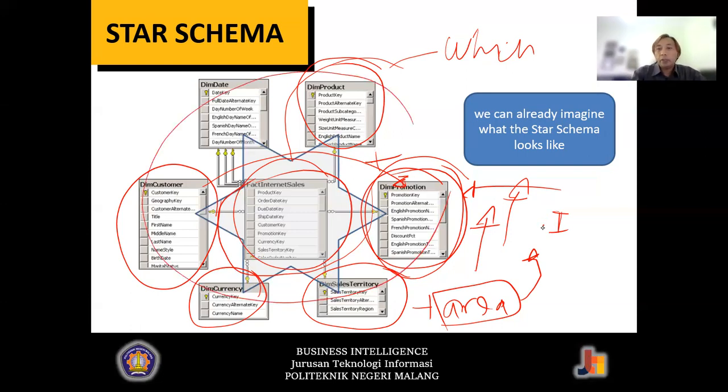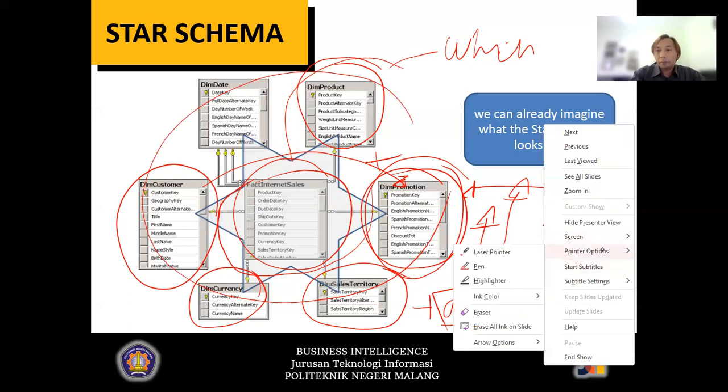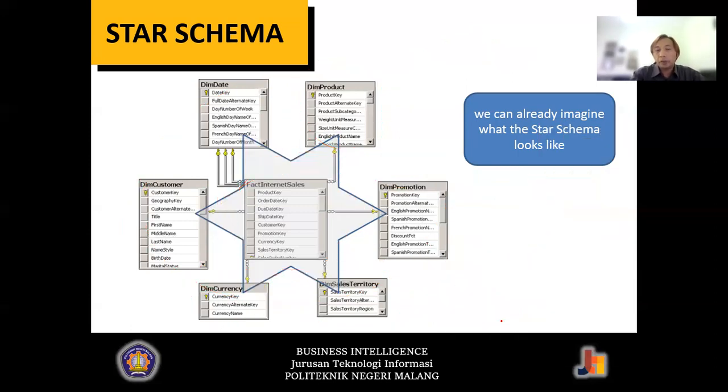So that is why you need an ETL to conduct this kind of analysis, because you need to extract the data, then transform the data, and then load the data, injecting the data into the